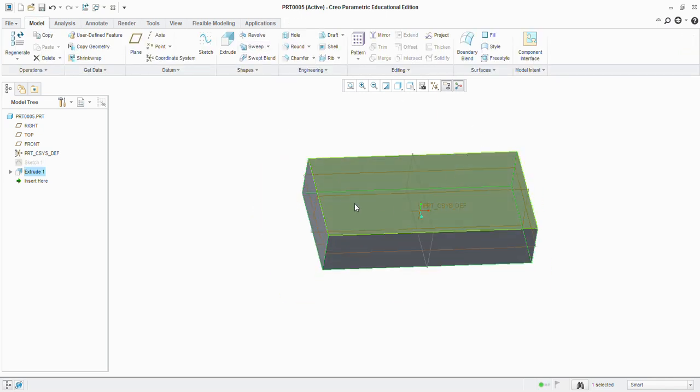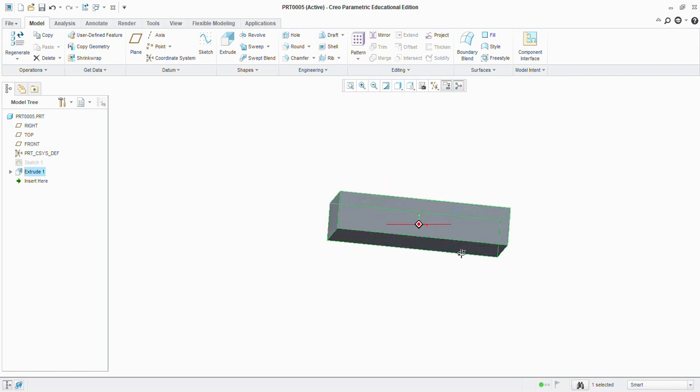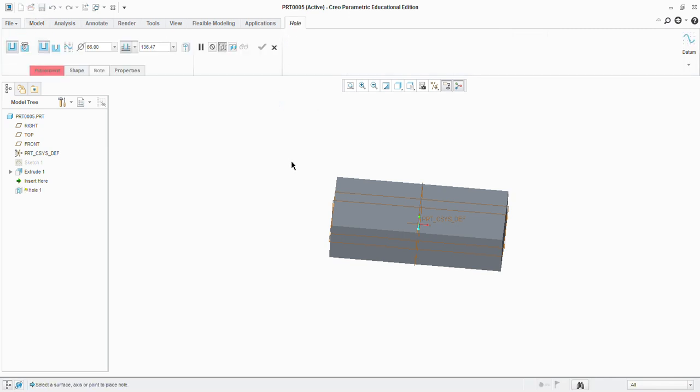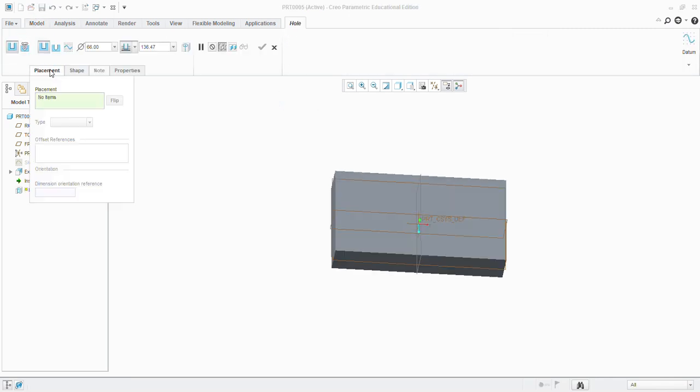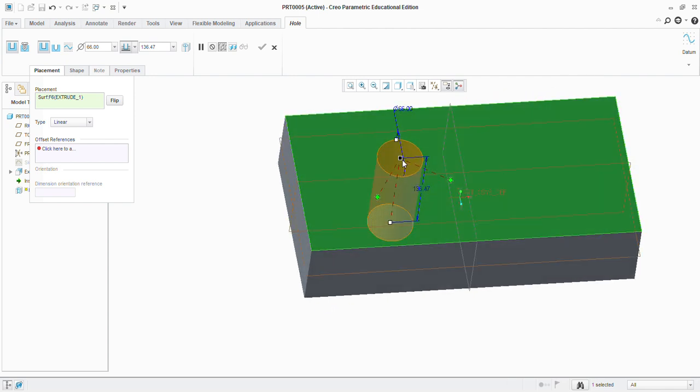Now I want to create a hole on the top surface. That hole should pass through the whole extruded surface. So for that, what we can do is directly select the hole. Select hole. You need to provide a place. Suppose I'm directly selecting the surface. Now the hole is going to be here,